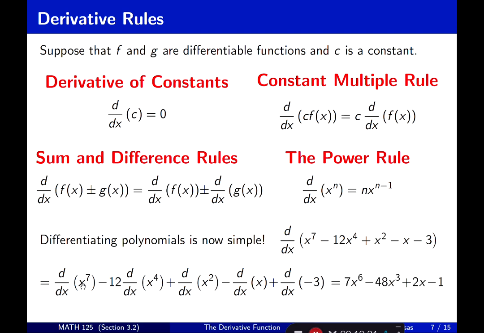So the first power rule gives you 7x to the power 6. The second power rule gives you 4 times x to the power 3, I'm sorry. But that 4 multiplies by 12, so it becomes 48 x to the power 3. Then here x squared becomes 2x, the derivative of x becomes negative 1, and the derivative of negative 3 is 0. So the instantaneous rate of change for a constant is 0, and that makes sense, right? Because